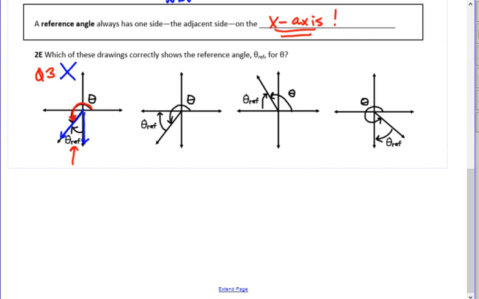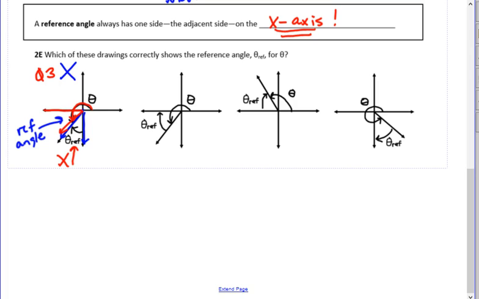The reference angle should be here. That's where the reference angle goes. So the reference angle should be the angle right here. So this one is wrong. Now if we look at